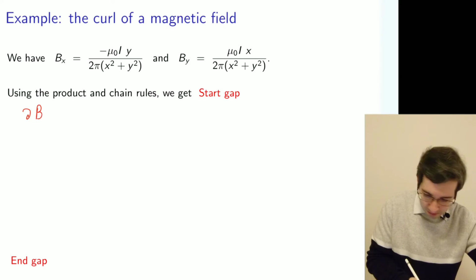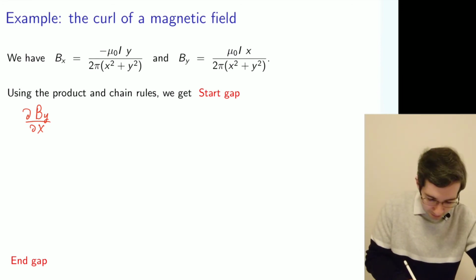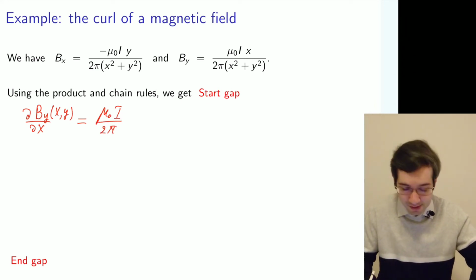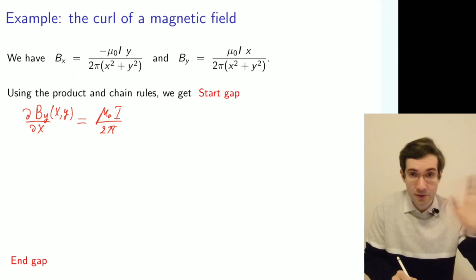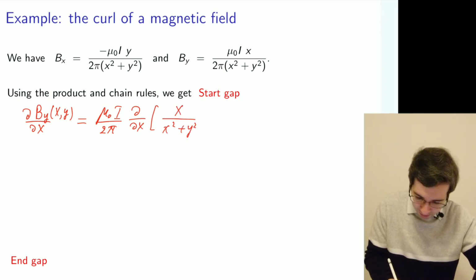Let's start with the y component differentiated with respect to x. It depends on x and y, not on z. We can write it as mu naught I over 2 pi, taking the constant out as a factor, with d over dx of x over x squared plus y squared, and